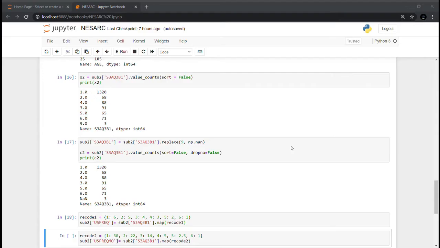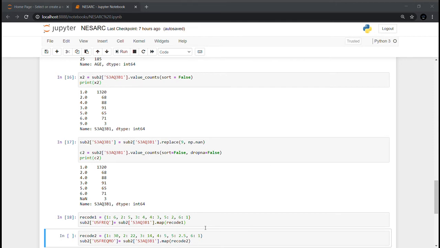Now after recoding the values, we will use a similar process, but here we will create another variable named US freak mo, in order to distinguish all the work we have done.